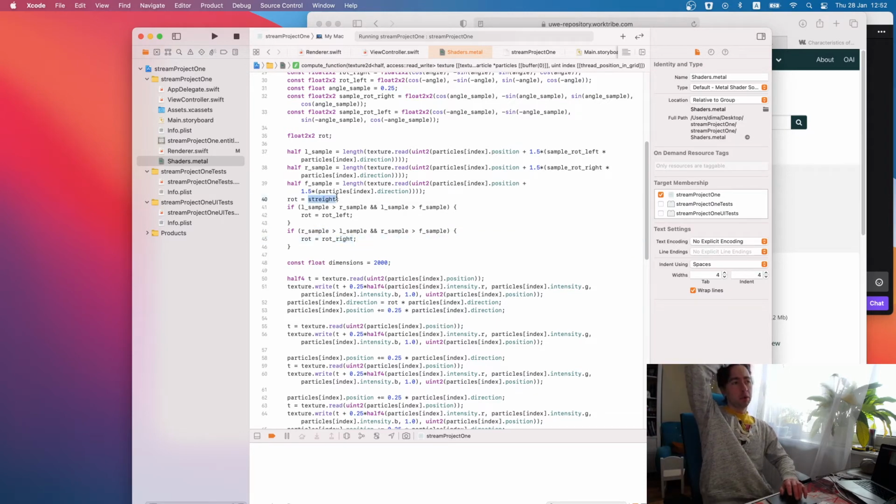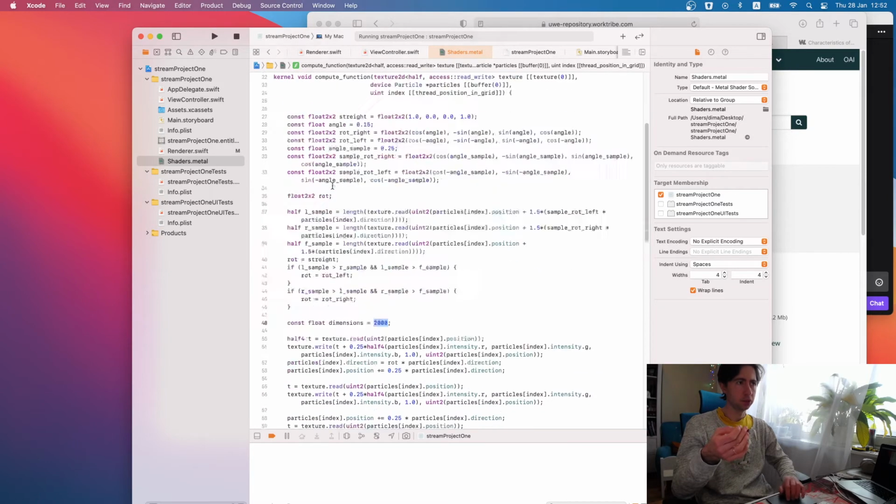Otherwise, we keep a straight orientation. Another thing that should be parameterized, I guess I should use uniforms to pass some values as settings to these shaders.